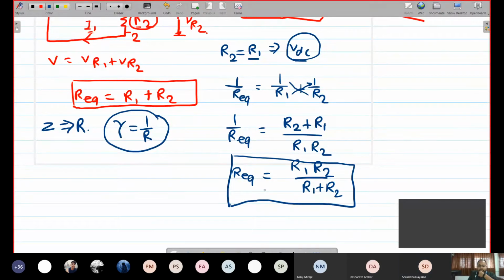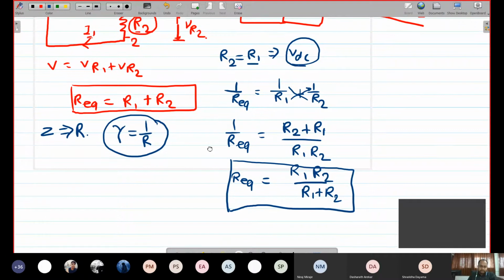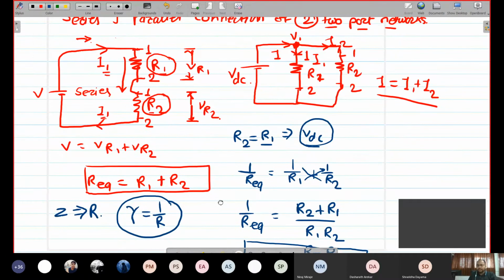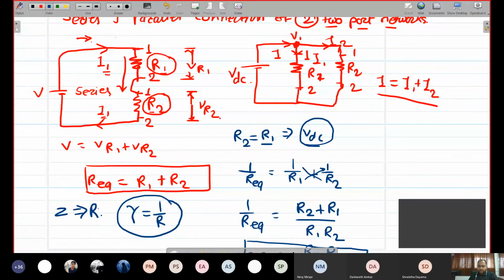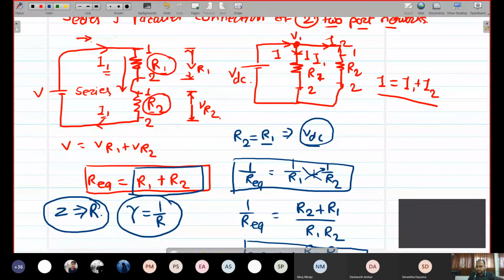Okay, great. So remember that whenever we are looking at the series connection of two-port networks, we are considering Z parameters. Why are we considering Z parameters? Because its equivalent is nothing but purely resistive, or a resistance type of thing. But in case of parallel combination, what is going to happen? It is Y. Am I right? Is it Y equivalent?